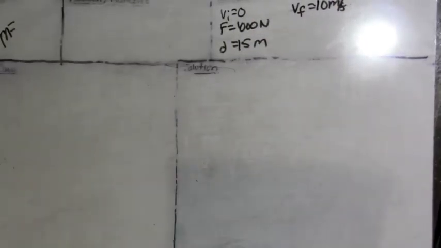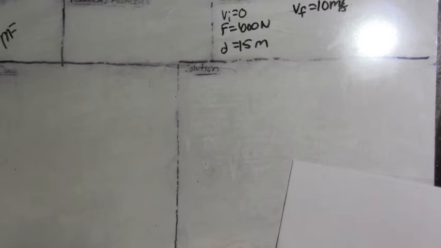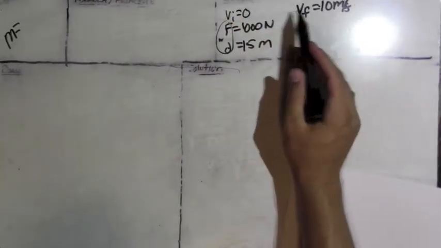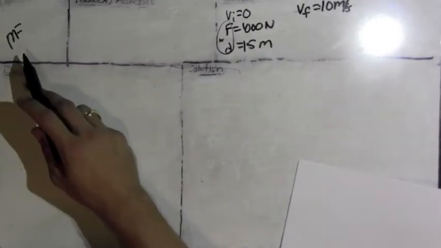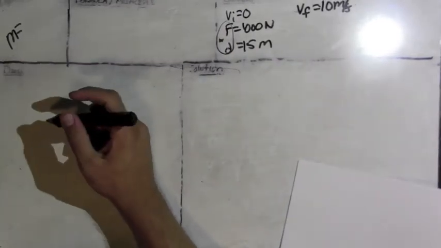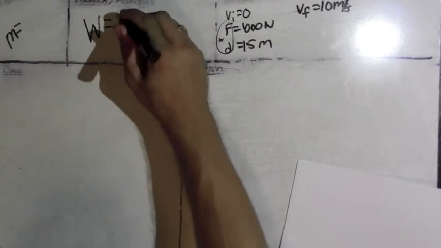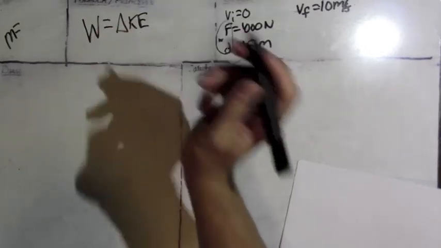So that's a lot of information that seems to be somewhat disconnected. Now, realize that we're probably talking about something along the terms of conservation of energy. And you can start to recognize that because you have force and distance. Force and distance is what we learned about, which was work. We also have velocity, and we're trying to solve for mass. So we're going to use the work-energy theorem, which is just another example of conservation of energy. And we're going to say that work is equal to delta KE,